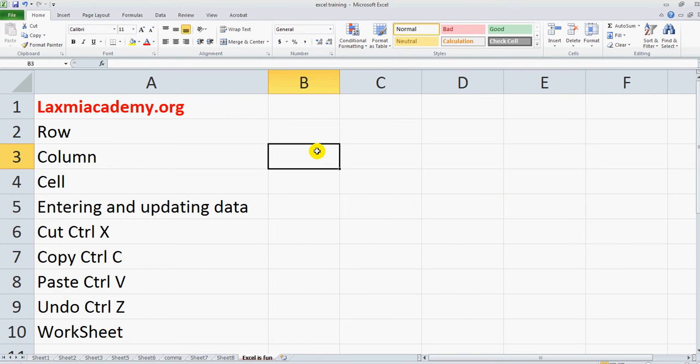What is a cell? A cell is the intersection of a column and a row. So here this cell, let me highlight it. It's the intersection of column B and row 3. So a cell is referenced by a cell address. So the cell address is B3. Let me write down B3. This cell address will be C and then 3,